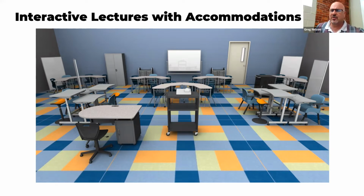I want to draw attention to a few other things that help to make this an efficient setup. One of the first things you'll notice is that there are rolling dividers. And these rolling whiteboard dividers serve two purposes. First of all, they can roll wherever they're needed. And so what can happen is you bring them over, and maybe there is a student who is better at visual communication than verbal communication. And so what you do in that case is you allow these things to roll exactly to that person's space, and then that person can maybe communicate through visual means, to supplement what that person is doing verbally within the